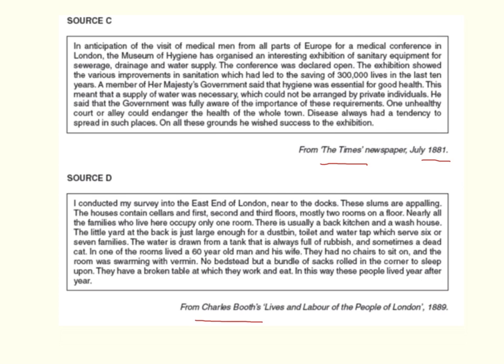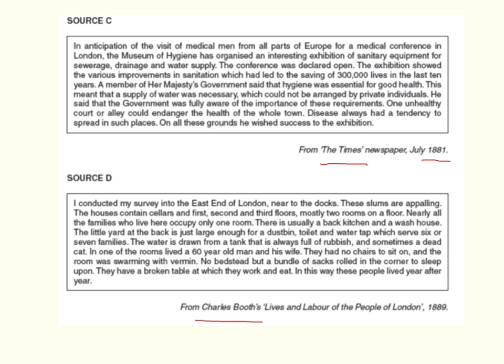So we've got two very different sources, the Times newspaper and Charles Booth's Life and Labour of the People in London, 1889. That would explain in large part why the two sources are different: who's produced them, and to what end they have produced them. The Times newspaper as well is going to be read by people from all over the world, so bear in mind,